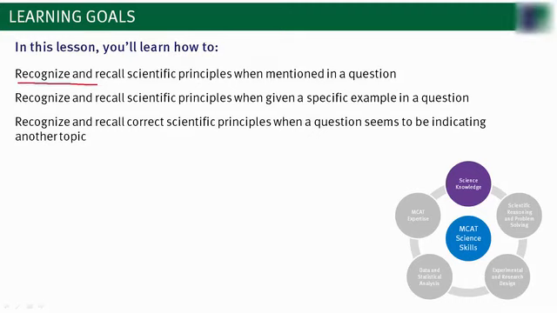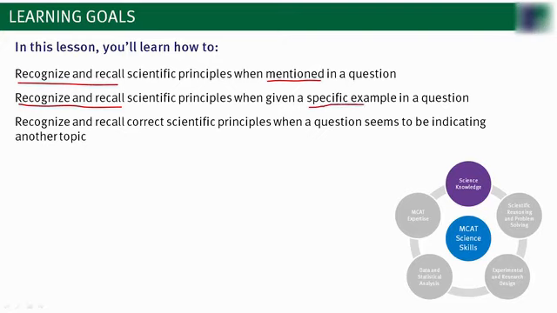Notice these two words that repeat over and over: recognize and recall. Those two words are the things that the MCAT demands you do on Skill 1 questions. Recognize science, recall it, and then of course apply it to answer questions. As you can see, these three levels are: first, when a science topic is explicitly mentioned or called out in